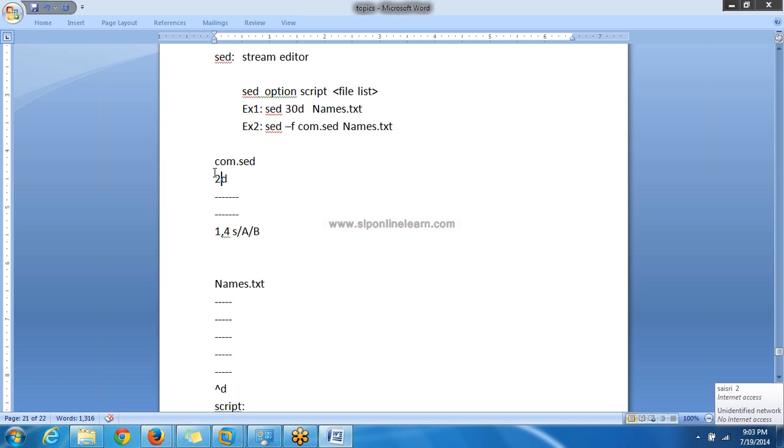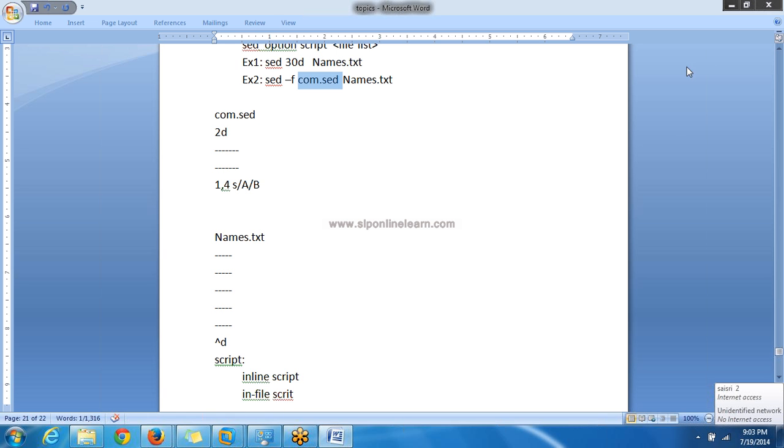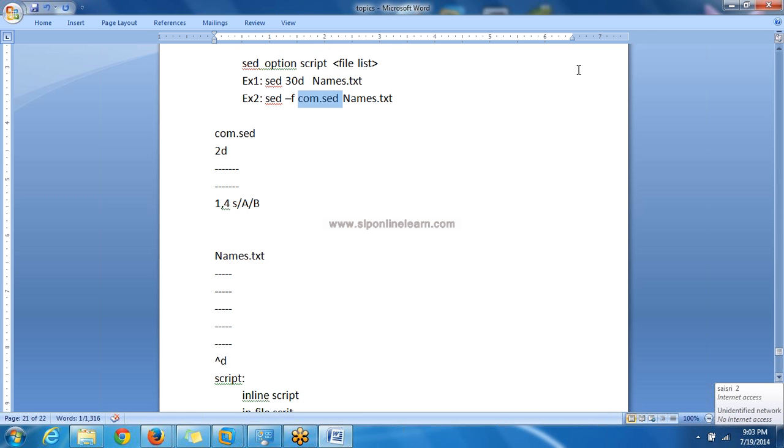I want to do some editing operations in this file. So here, based on the requirements, I wrote all the regular expressions or commands in this file, and I am using com.sed as a parameter to this sed command.